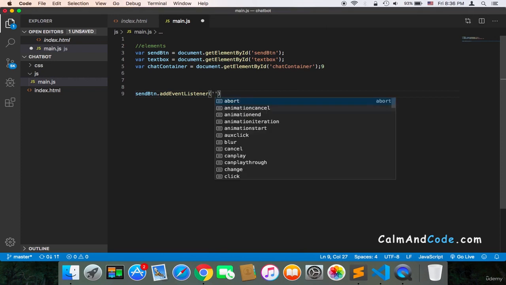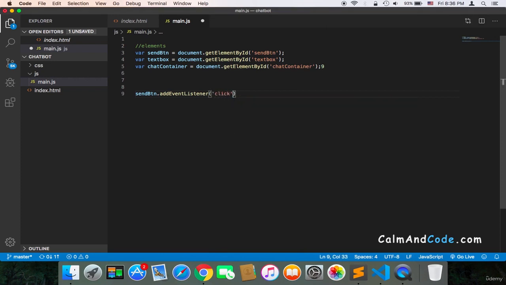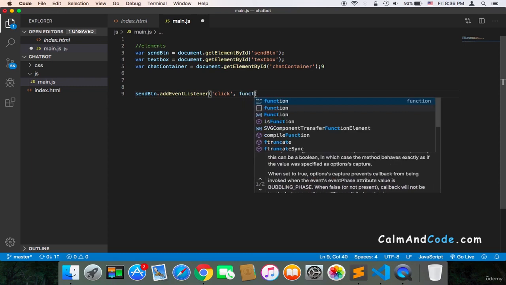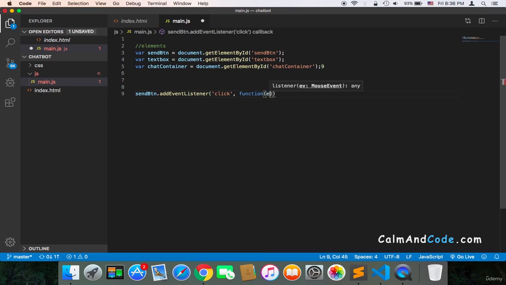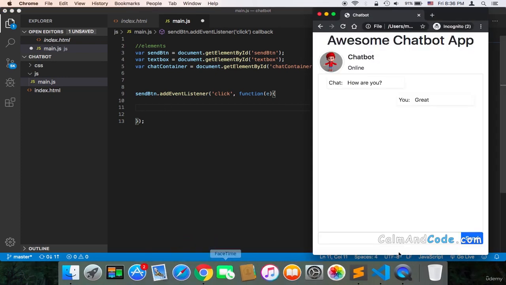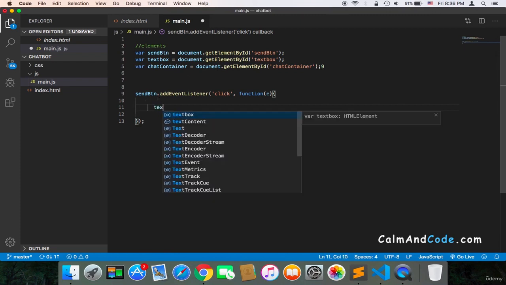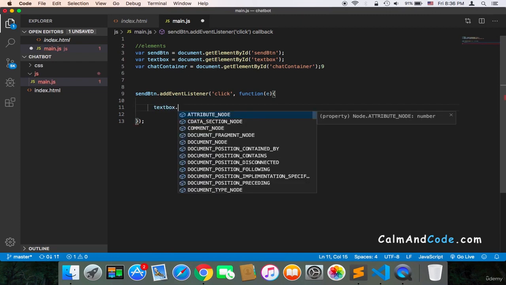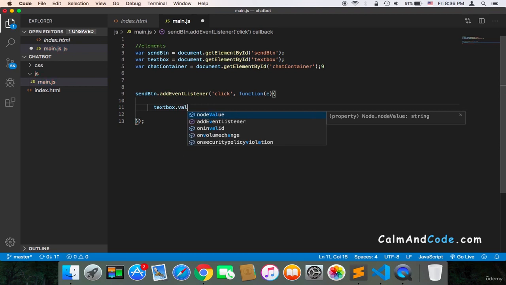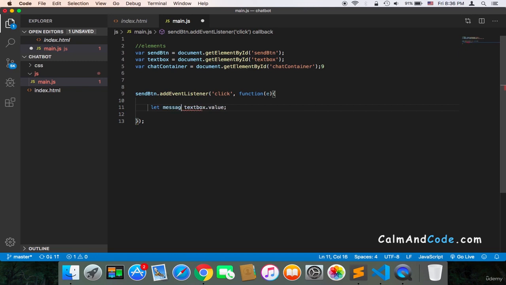And obviously the event that I'm going to be using is the click event. And the callback function, here we have a callback function, is going to be just a function that will be executed once the user clicks on the button. And once the user clicks on the button, what we need to do is get the text. We need to get this text. So I'm just going to use the textbox dot value. We need to get the value and then store it here in a variable,